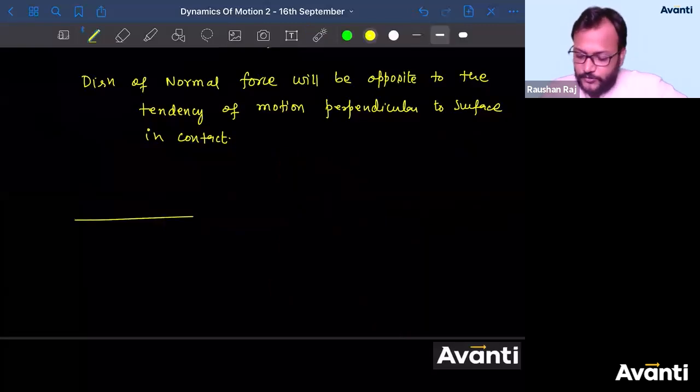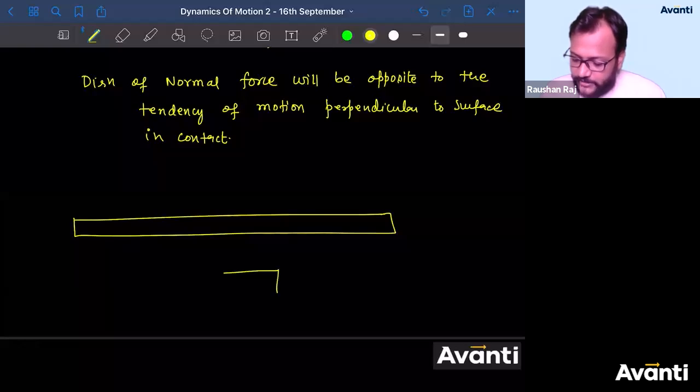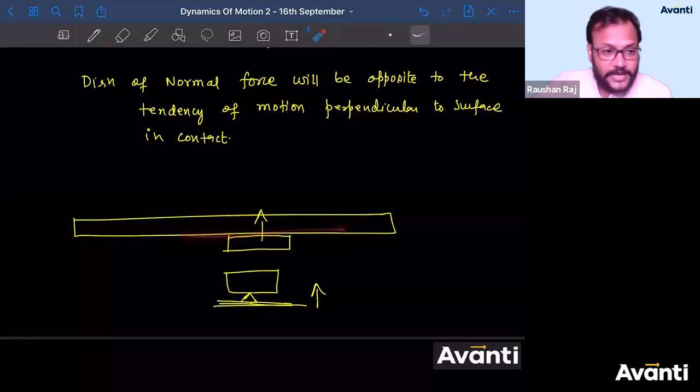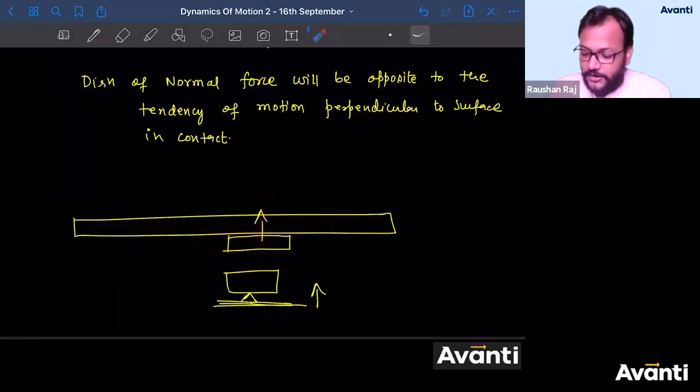Clear है? Consider there is a roof. There is a rooftop. तुमने क्या लगाया? एक ड्रोन लिया आपने, ठीक है? And you have kept a block on a drone. तुमने एक ड्रोन पे क्या किया? एक ब्लॉक को रख दिया. Now this drone is trying to go up. When this block will touch the rooftop, it will try to go up, but the surface of the roof will not allow this to happen. So tendency of the block is to go up, but the surface will oppose it. So what is the normal force on the block? Opposite to the direction of motion. So downward will be the normal force. Got my point, guys? Am I clear? Clear to all of you? सबको समझ में आ रही है बात?